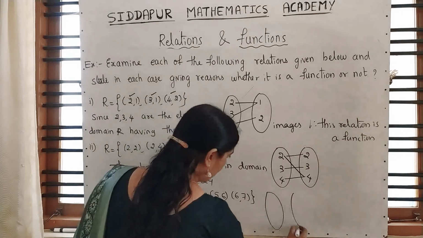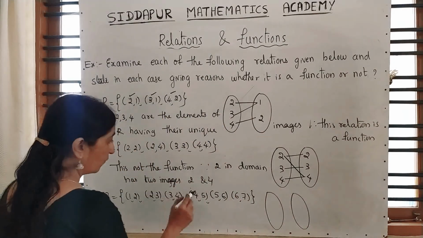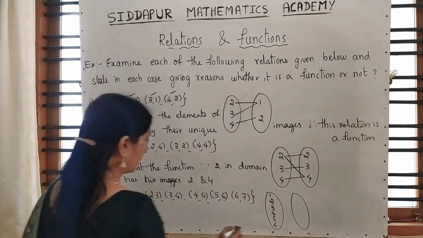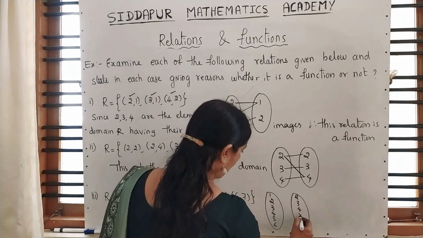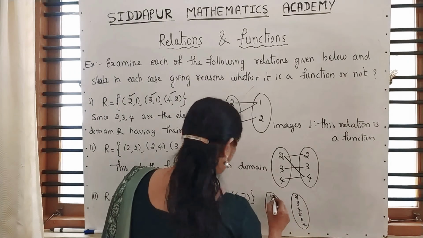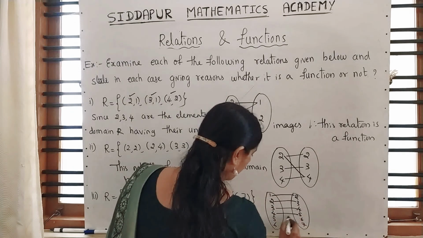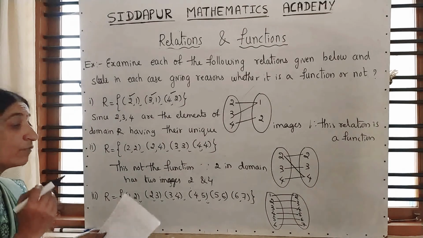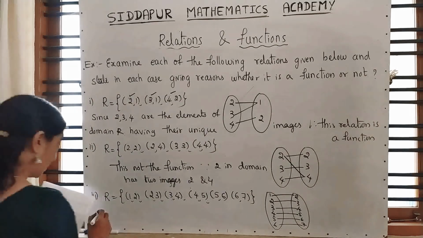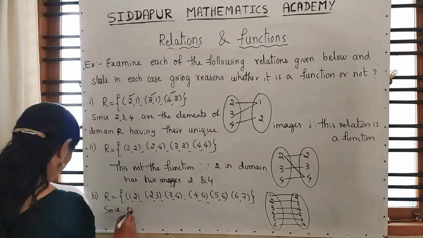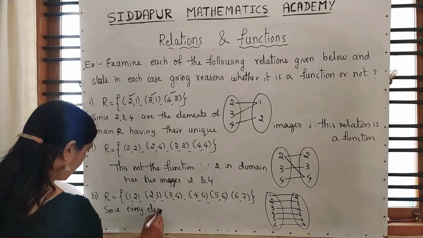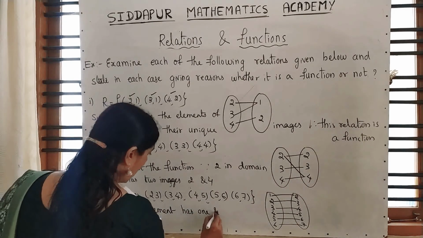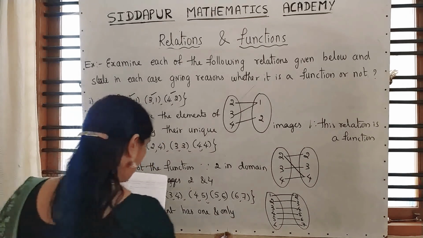Now moving to the third one. Again draw the figure. The first set: 1, 2, 3, 4, 5, 6. Second set starts with 2: 2, 3, 4, 5, 6, 7. 1 is related with 2. 2 is with 3. See, every element of the first set is connected with one and only one element in the second set. Since every element has one and only one image,